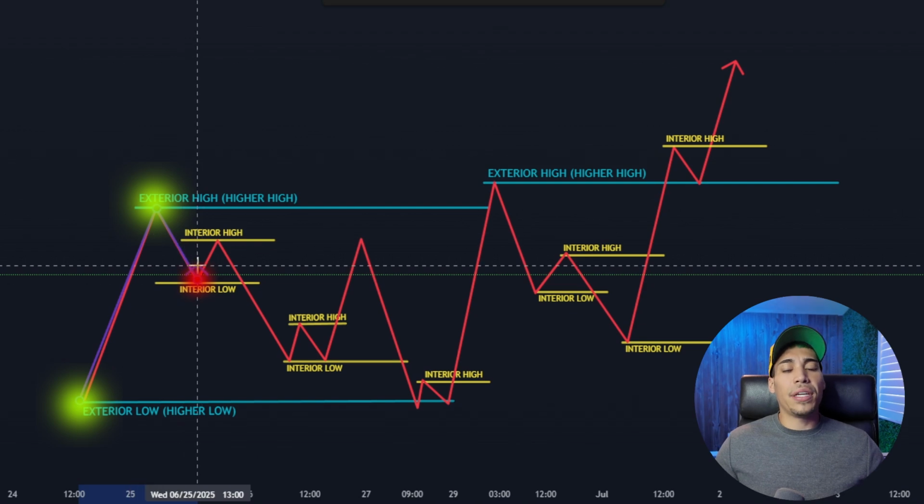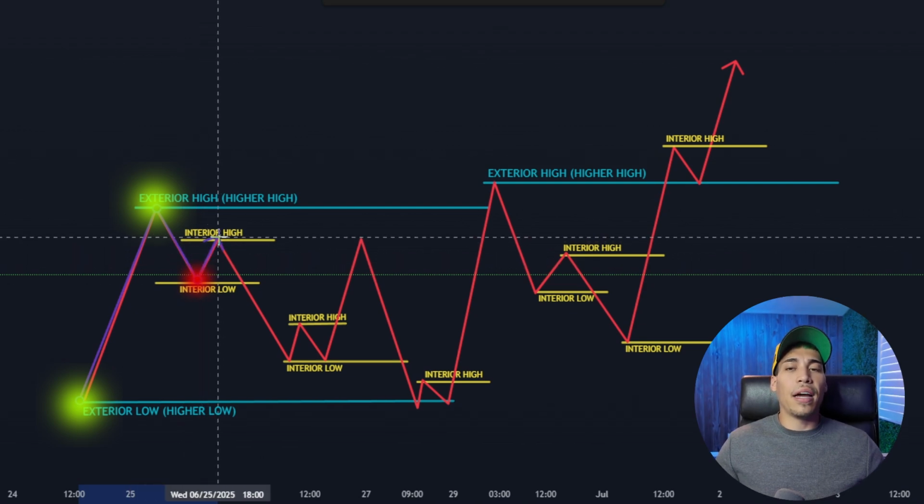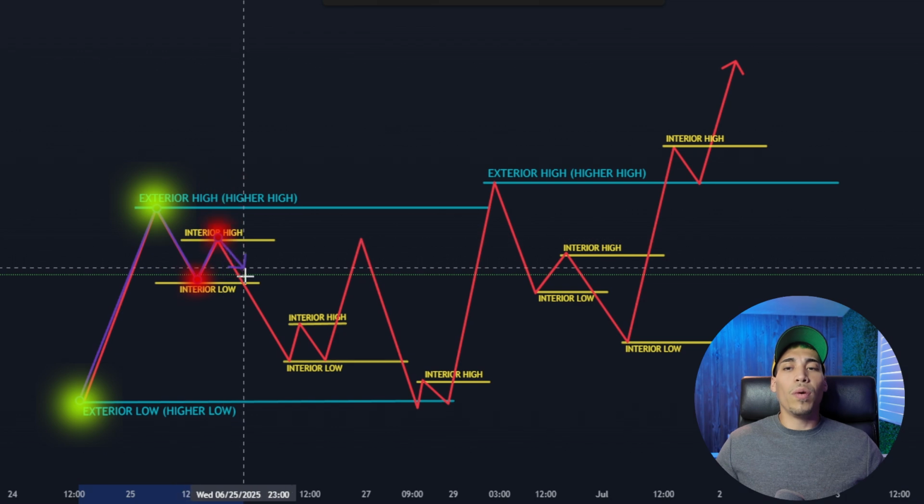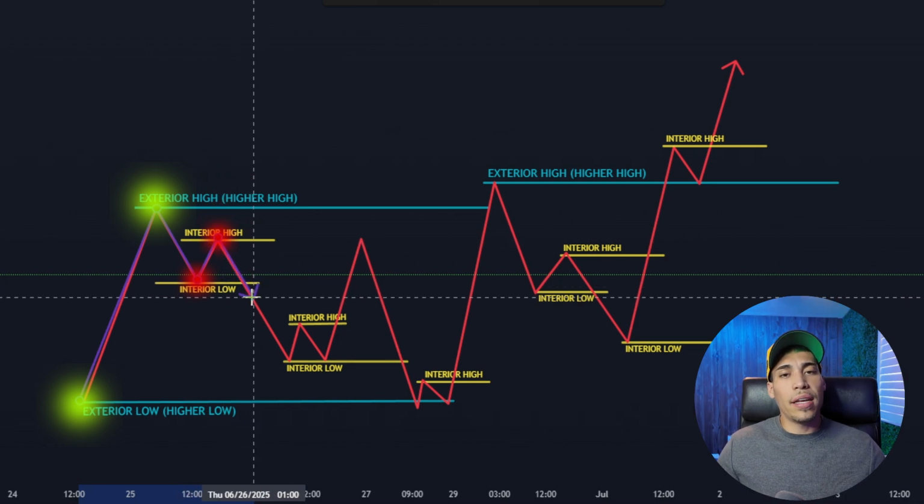We created our first interior low sitting right here, and then after that, we're creating our first interior high. Once we break below this low, of course, if we have other confluences as well, and again,